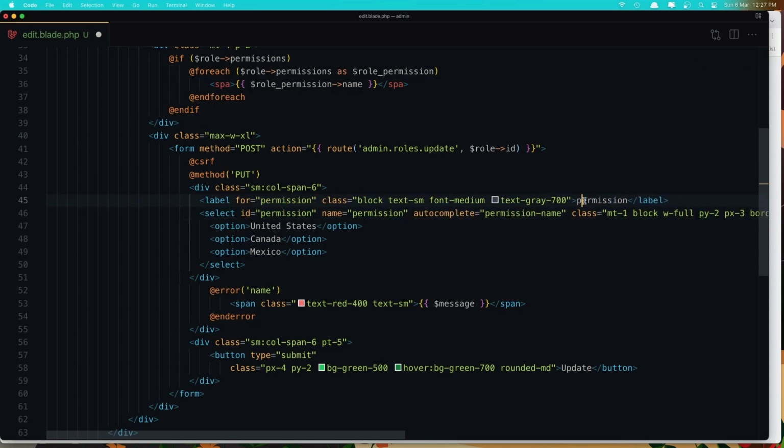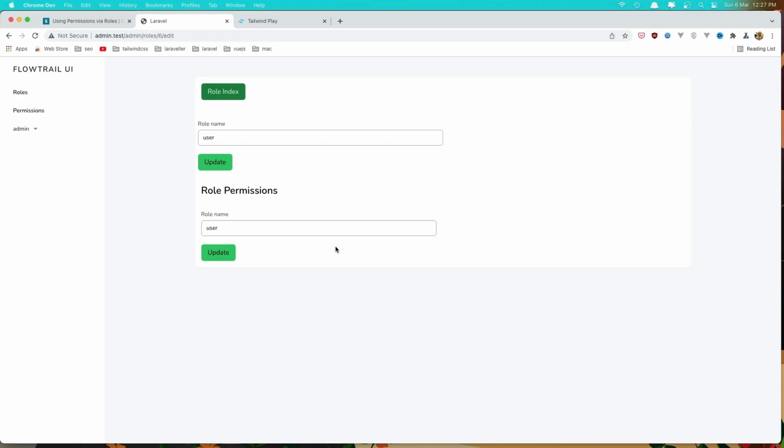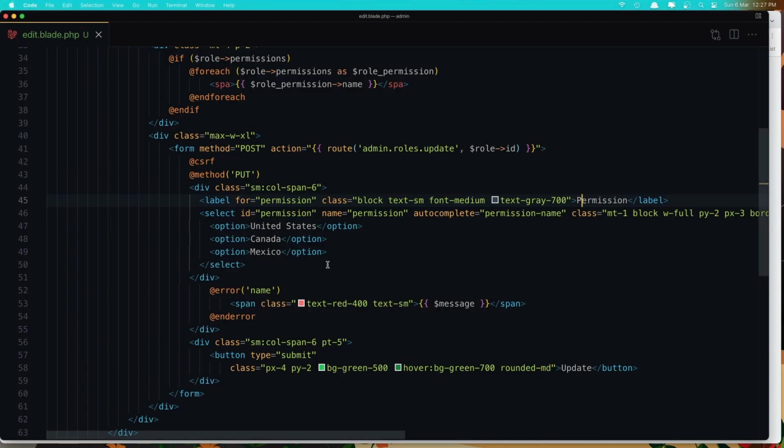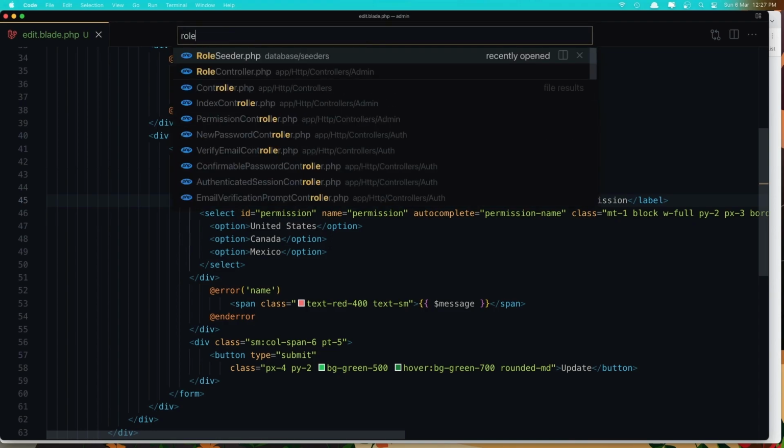And in the label we need to say with capital P Permission, and here we need to display all the permissions. But if I save and refresh, yeah, now we don't have all the permissions right now, so we need to open the role controller,